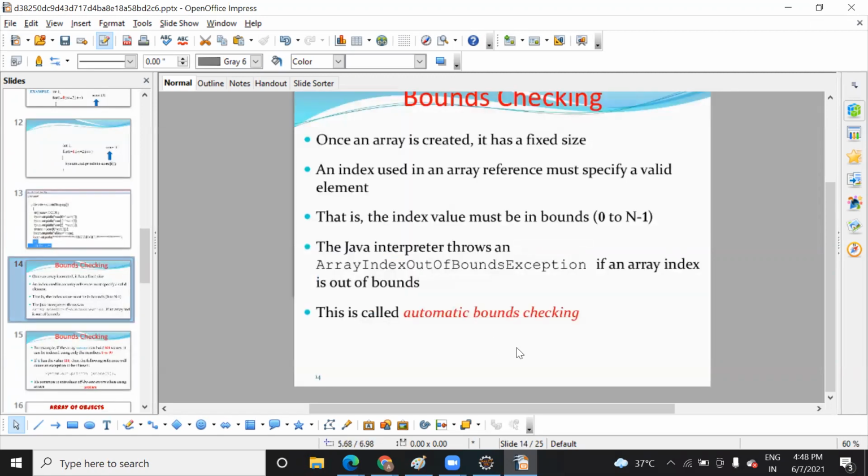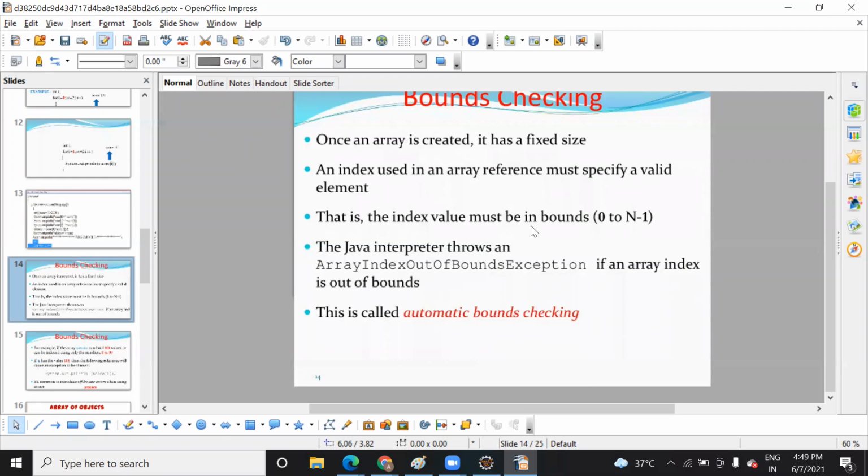Now, sometimes you might get an error called array index out of bound exception. Why does this error happen? The reason is that when you have declared the size as 10 and you want to save an element at an index greater than 10, you will get an error.